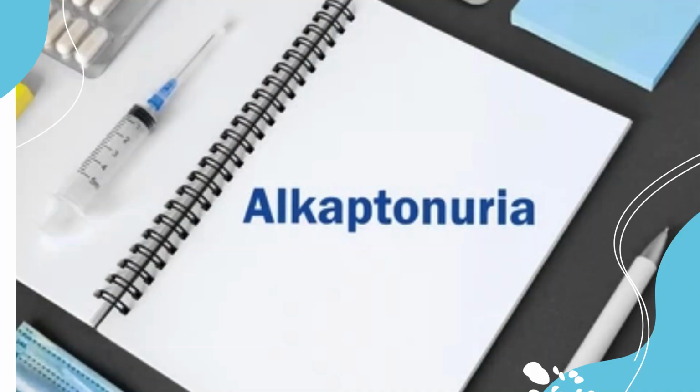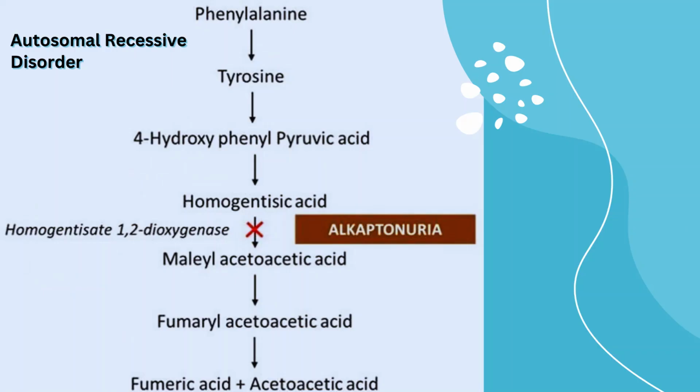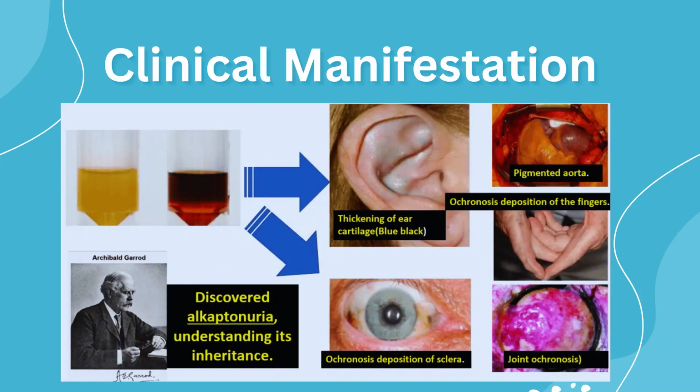The next disorder that I'm going to discuss is alkaptonuria. It is an autosomal recessive disorder of tyrosine metabolism. There is a deficiency of homogentisic acid dioxygenase, which blocks homogentisic acid metabolism, preventing the conversion of tyrosine to fumarate. Homogentisic acid accumulates in the body and is excreted in the urine, imparting black color to urine if allowed to